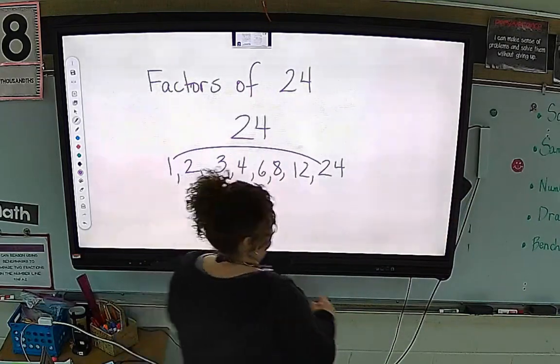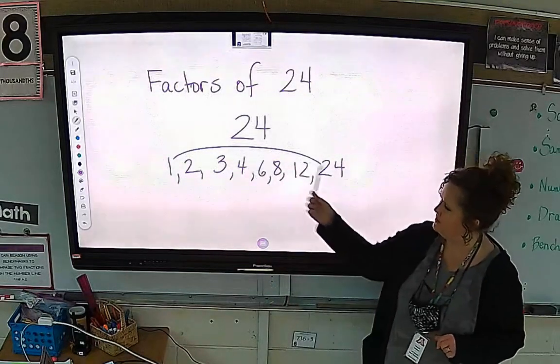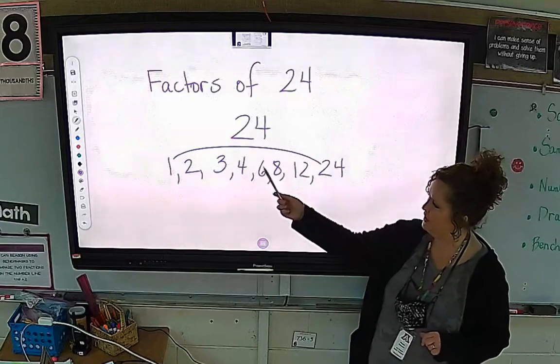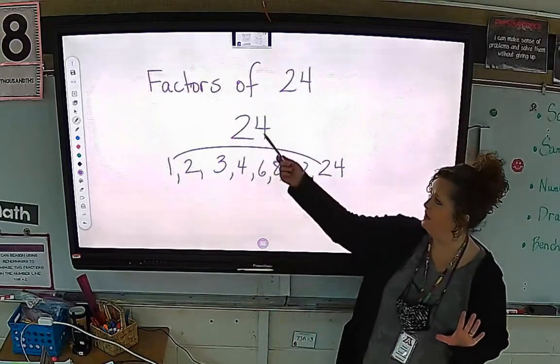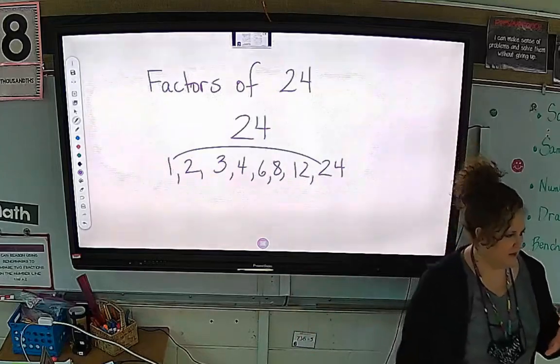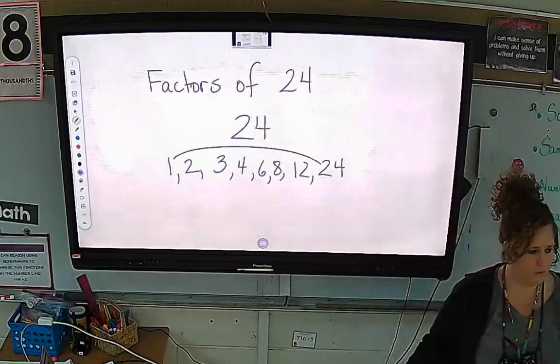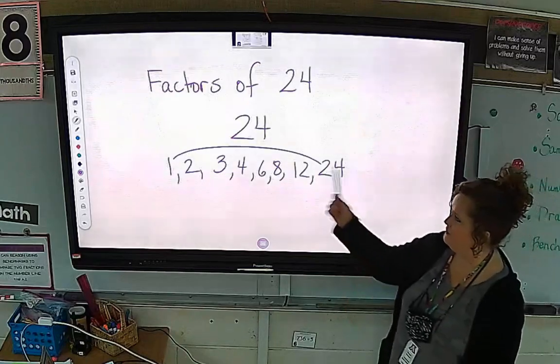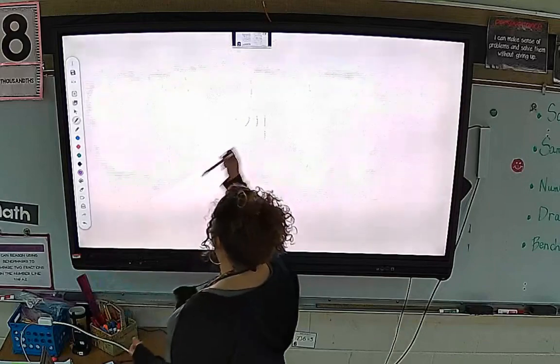Now when you get that many, because those are a lot of our basic facts, you go, okay, these numbers have come this way and these numbers have filled in here, and the only number left between those two is a 5. Is 5 a factor? No, because this does not end with 0 or 5. We're done. We have found them all. What if I asked you to write